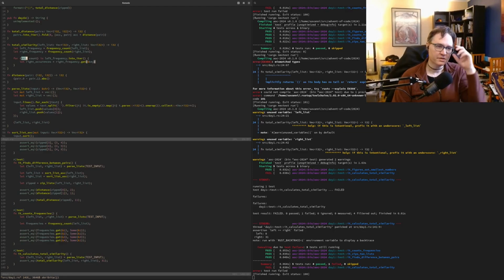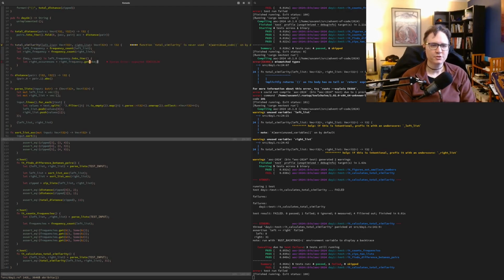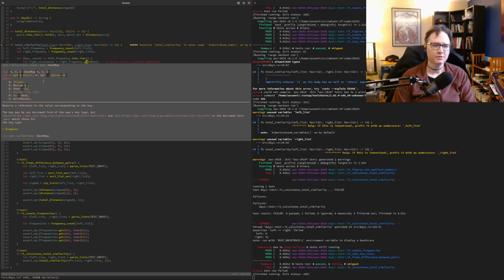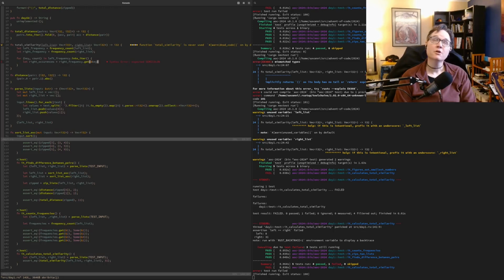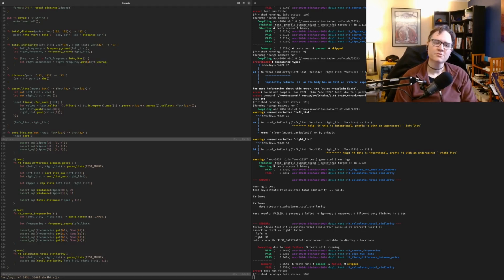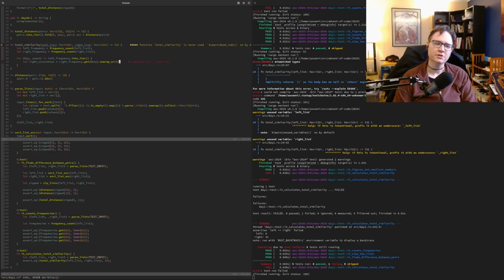So if key is 3 and it occurs 3 times in the left list, we're going to ask for the number of times that it occurs in the right list. And this should return an option pointer. Okay. So how do I want to do this? Ultimately we're going to unwrap it, or we're going to return 0 because we don't care to work with an option.